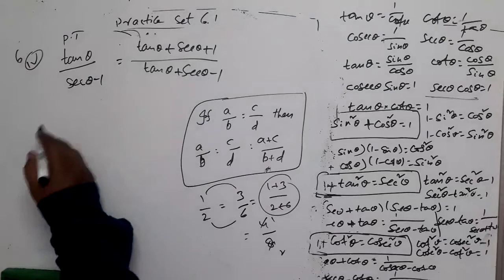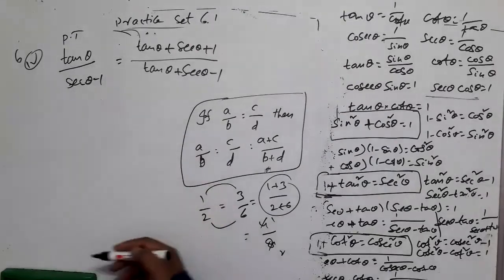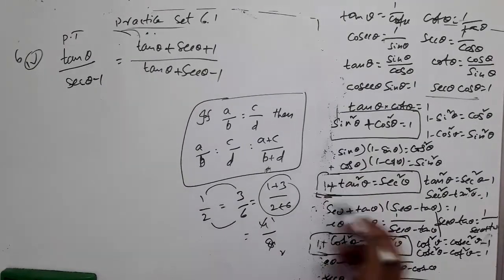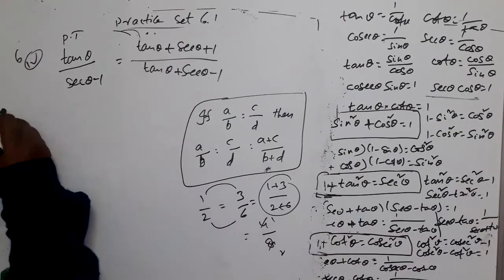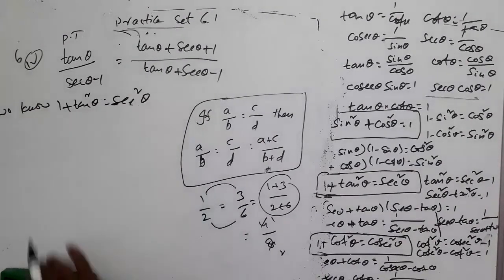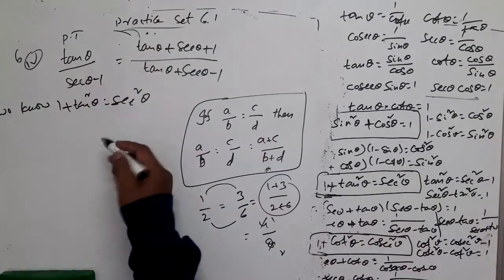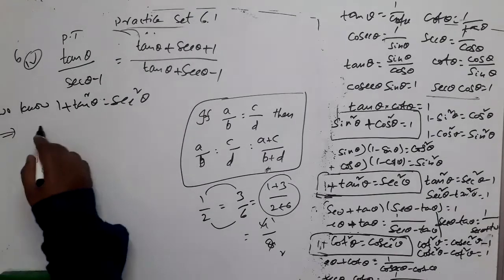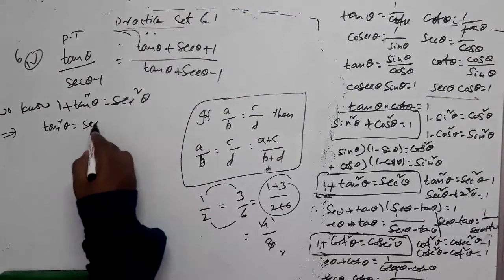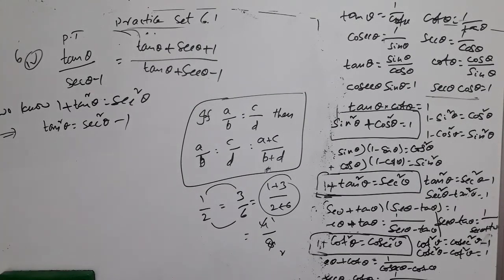For that, see, secant theta minus 1 is involved, tan theta is involved. Secant, tan, have you got any idea which identity will be useful now in this question? Yes, the second identity. 1 plus tan square theta is secant square theta, right? From this, I want secant theta minus 1 and tan square, I want to involve them. So what will I do? Tan square theta, I am leaving it this side, I'll take 1 to the other side. So this will be minus 1, right? Secant square theta minus 1, right?